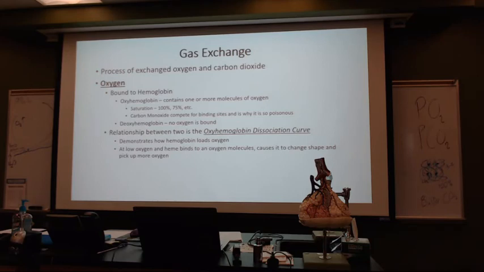Okay? And let's say that that red blood cell with that 1 hemoglobin had all 4 oxygens. Okay? As it makes the circuit through the systems of the body, let's say it drops off